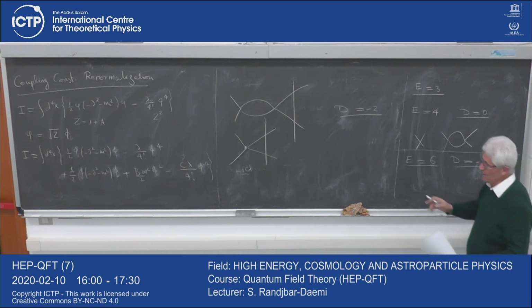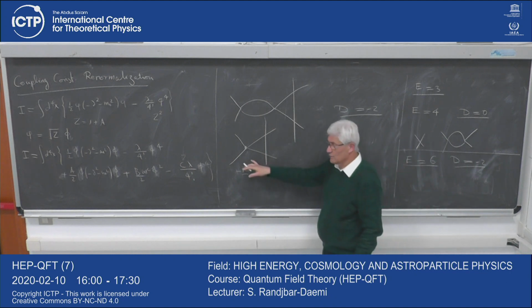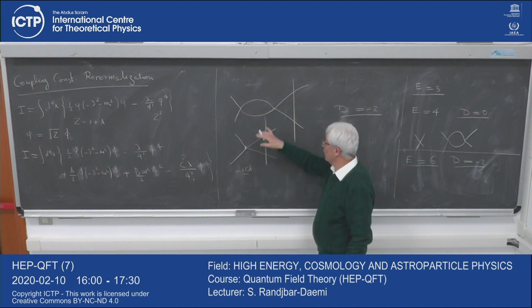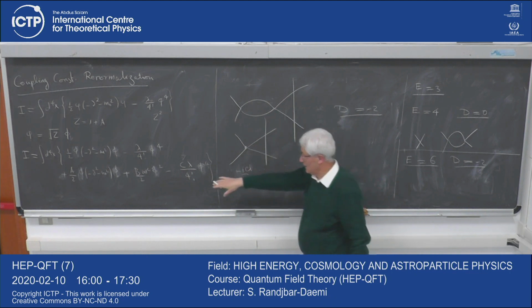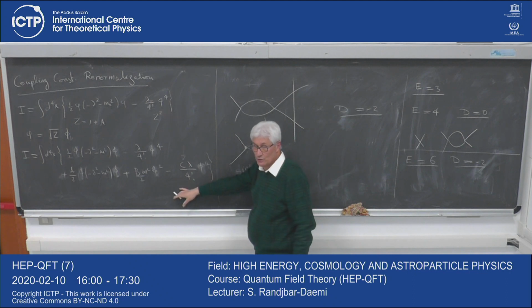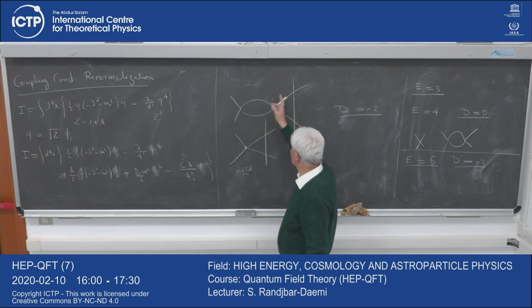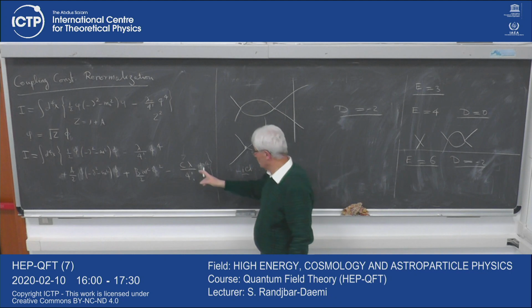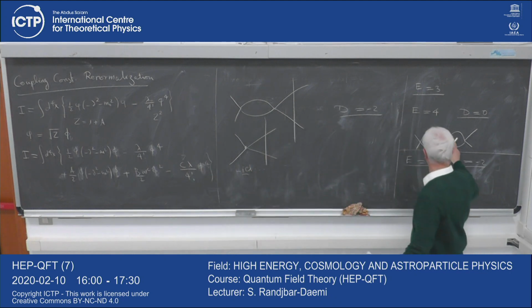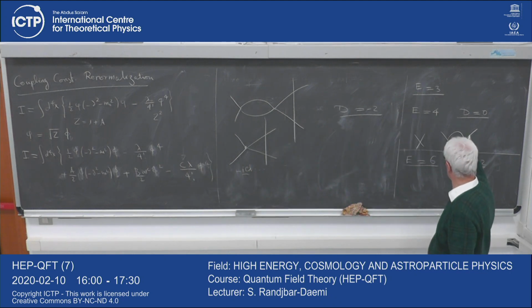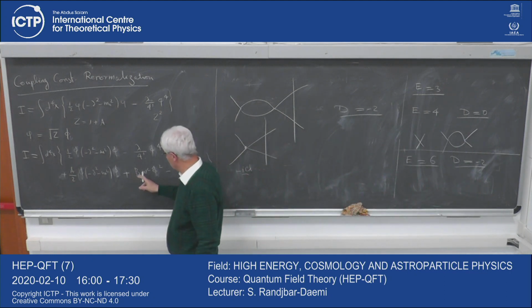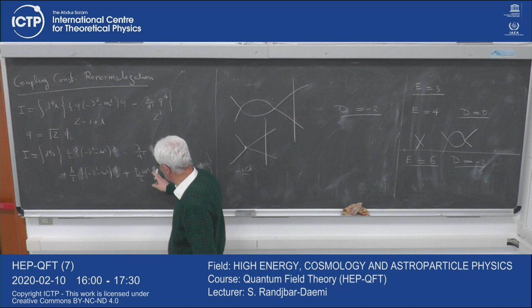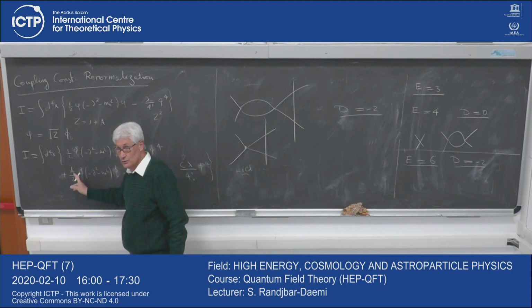If it wasn't finite, if you couldn't get a finite number from here, then obviously in order to make this finite, you would need a term in here with phi to the 6. This has 6 external lines. For this you need a counter term with 4 phi's in it, which is this. For the 2-point function, you need a counter term with 2 phi's, 1, 2, 1, 2, to fix A and